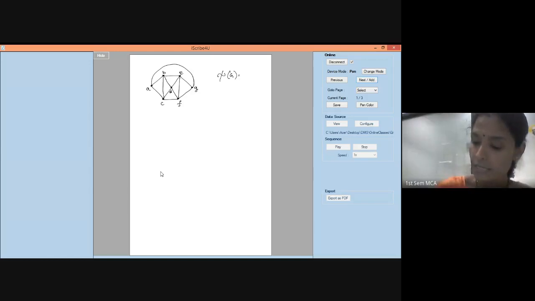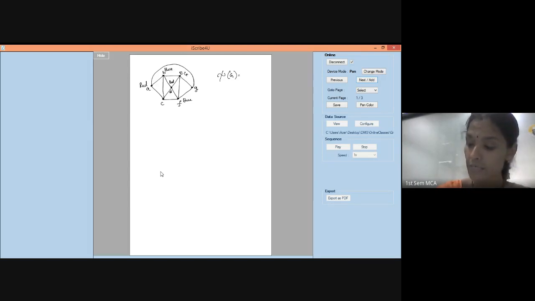So let me do it here, for those who have not got it. I will start with red. I cannot give B as red, I cannot give C as red, and I cannot give G as red. That's the only change here, because A and G are again adjacent. So I cannot mark G as red, whereas I can mark D as red. Once I mark D as red, I have 4 adjacent vertices to D: B, E, C and F. So I cannot mark any of these as red. B, I will take as blue. Then I can take F also as blue in that case because it is not adjacent.